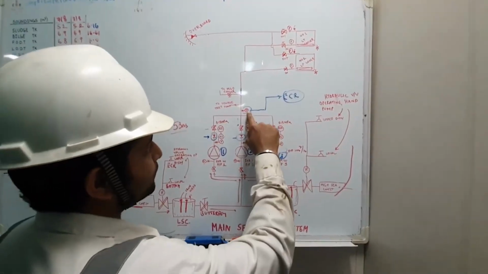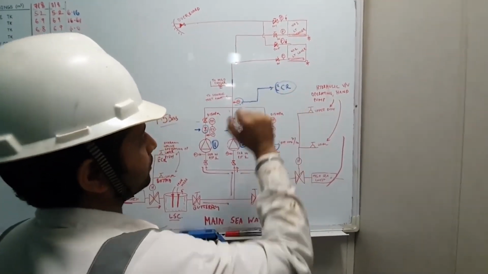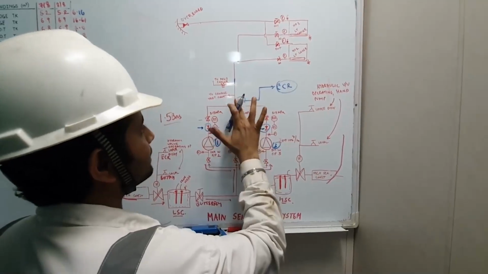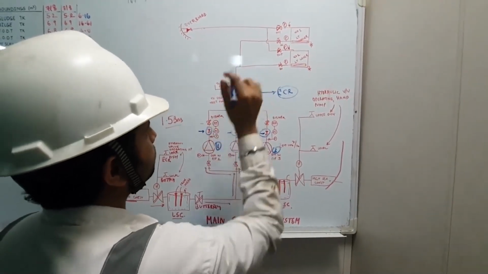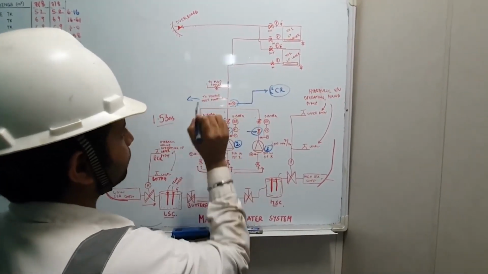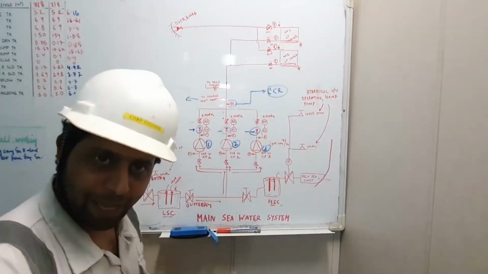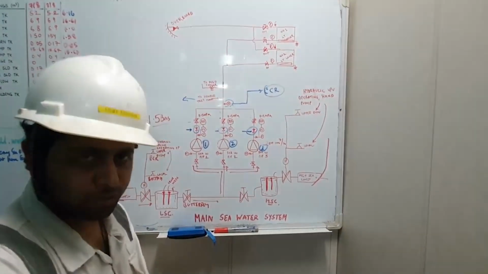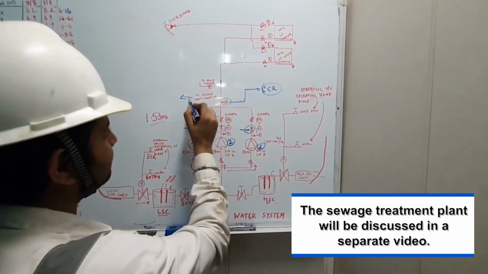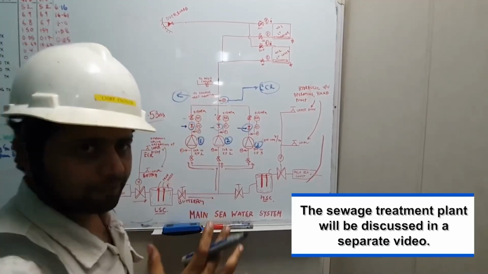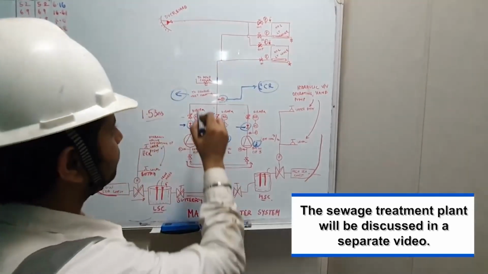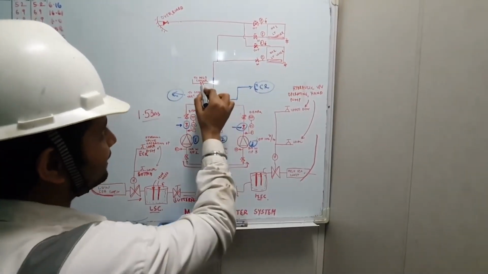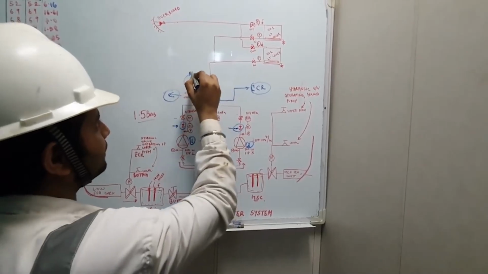Come. So from this pressure transmitter I am seeing the signal in the engine control room. So from here now my seawater is going to the sewage treatment plant. Why? Because if we have to do the back flushing, then in that case we need the sewage treatment plant's back flushing, for which this line is given in the sewage treatment plant line. When we are discussing the sewage treatment plant, we'll be talking about this line. Another line is given for the MGO cooler. This is the main engine MGO cooler.